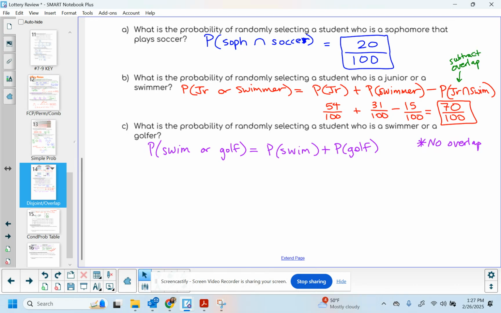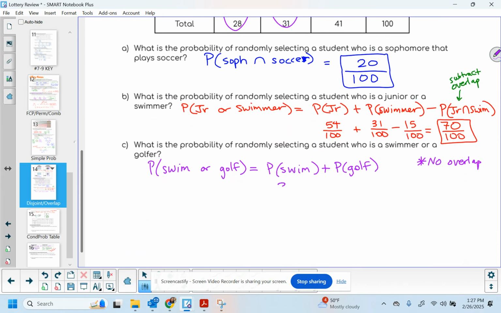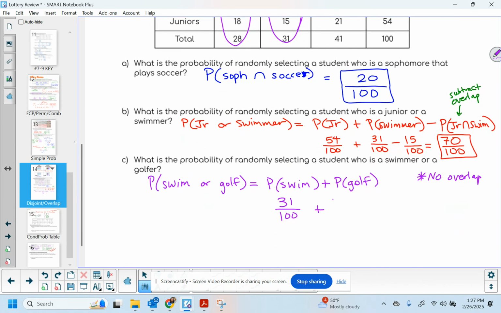Okay, so the probability that they swim, that is 31 out of 100. And the probability that they play golf, that is 28 out of 100. So then my probability that they either swim or play golf is 59 out